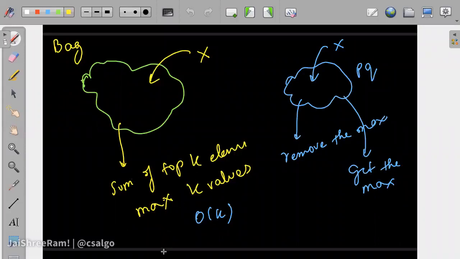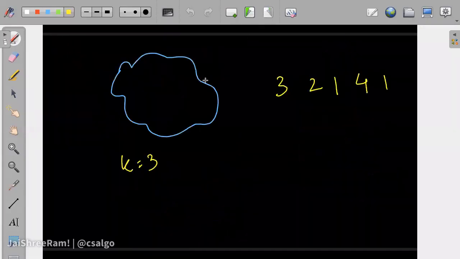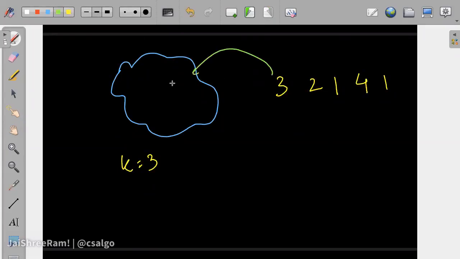Okay. So can you optimize on this then? What we will do is insert the negative of this particular number, -3 in this one. This comes, we insert -2. This comes, we insert -1.